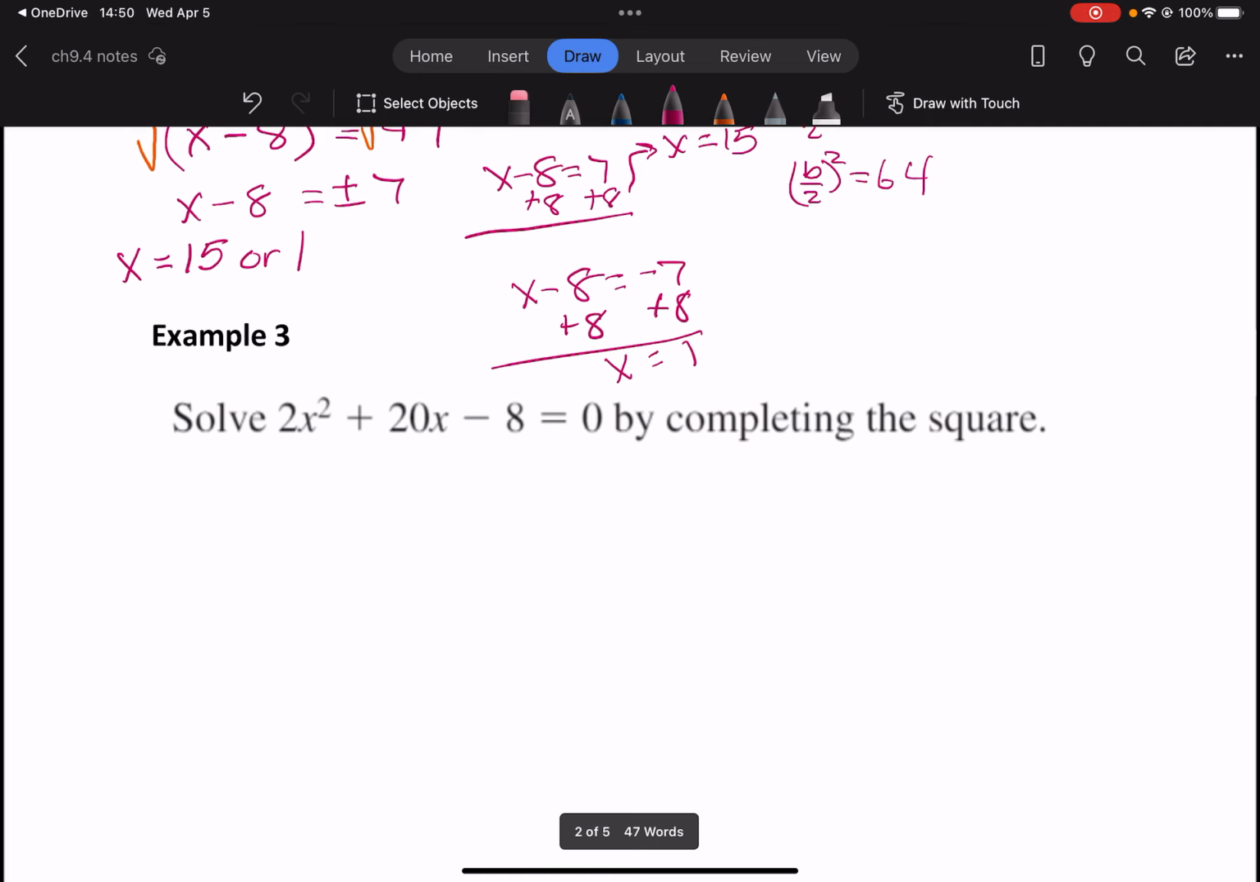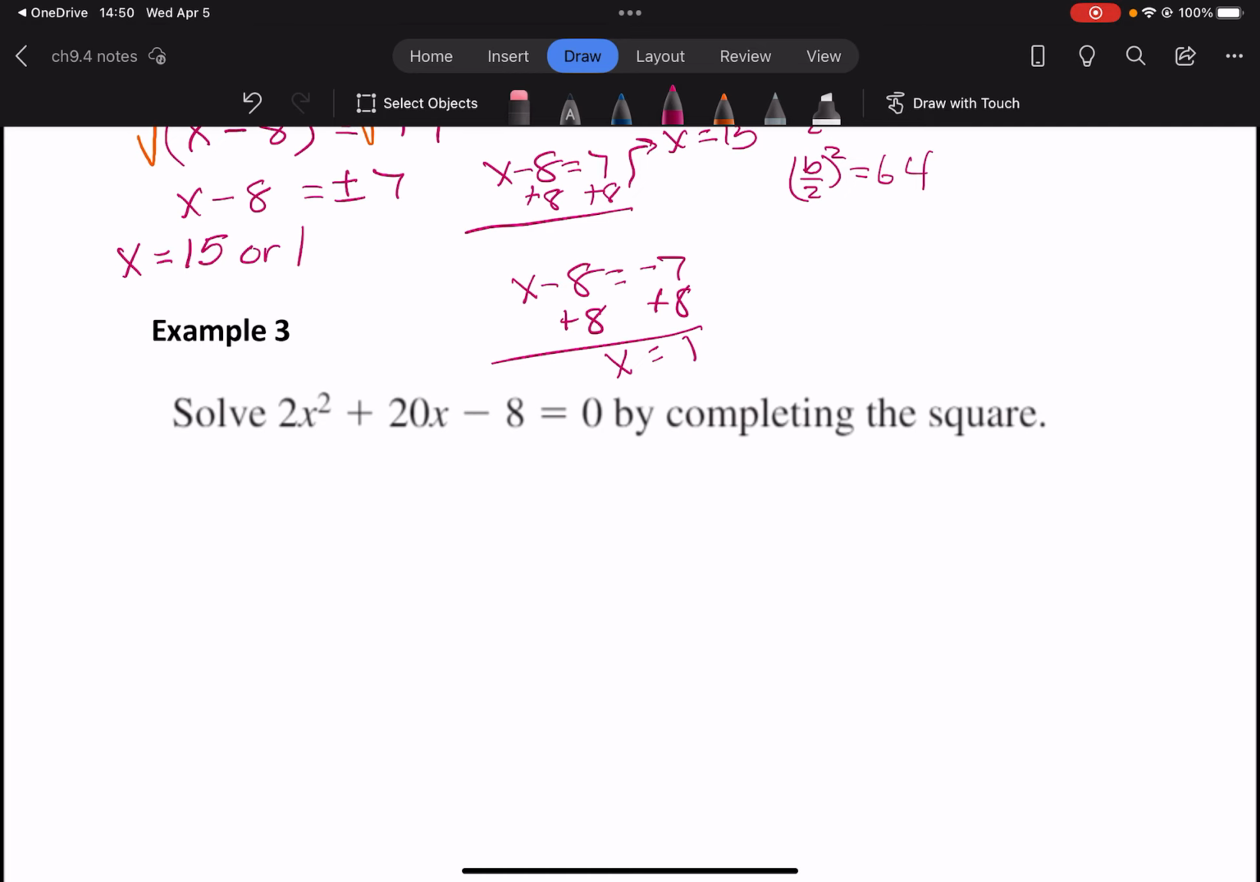So let's go ahead and do the next one. Now I notice I've got the 2 out front of the x squared. First thing I want to do, before I start doing anything, is get that x squared by itself. Because you cannot factor, and I'm just going to say this. You can't,